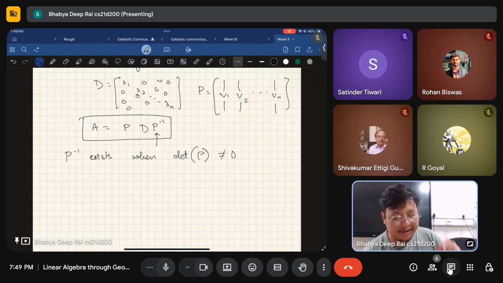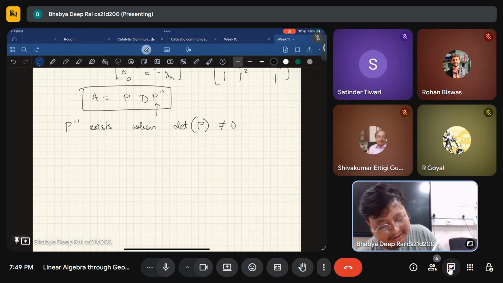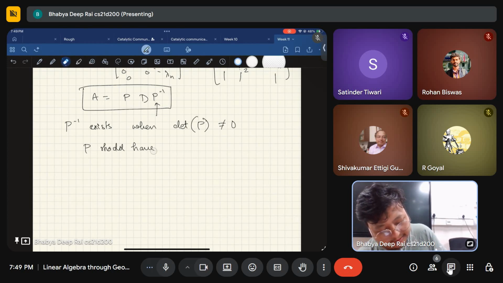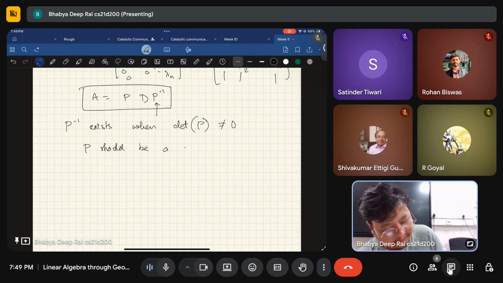Or in other words, we've also seen what determinant not equal to 0 means. We need P to be a full rank matrix,